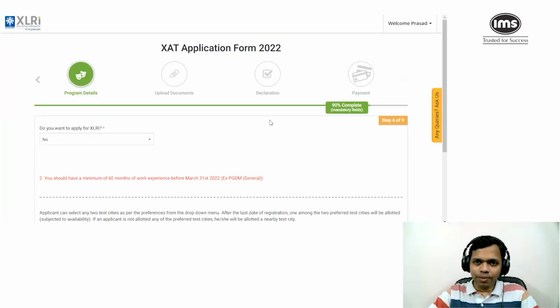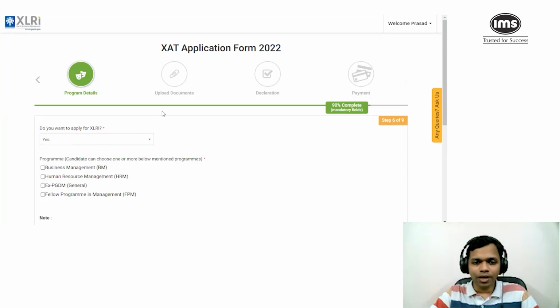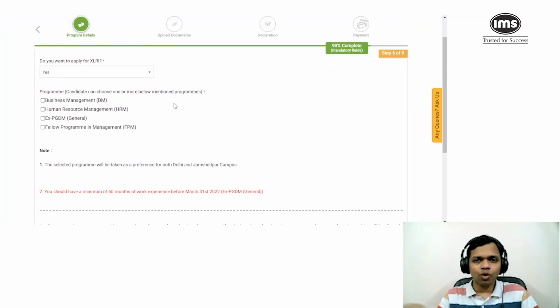So now we are on the program details page. And as I mentioned in the beginning of the video, the XLRI application is integrated with the XAT registration form. So I'm going to select yes, that I want to apply to XLRI. And there are 4 options that you get. The first is business management, then HRM, then the EXPGDM program, which was earlier called the GMP program, and then